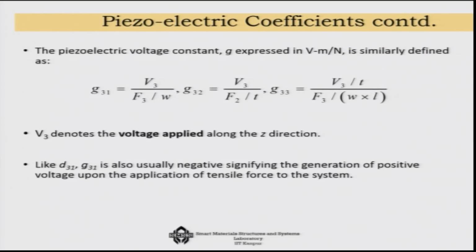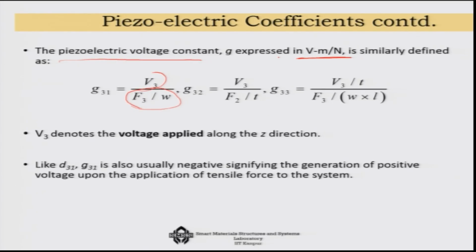What is the other constant? Well, the other one is g, which is the piezoelectric voltage constant. In fact, this is used more in terms of sensors. In this case the ratio that we take is voltage over force per unit width of the system, or force per unit thickness of the system for g32, or for g33, voltage over thickness and the force per unit area of the system. So, this is used mostly for the sensorial equations, and in this case the unit is